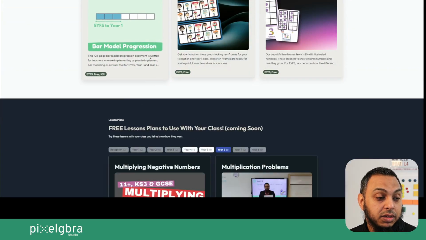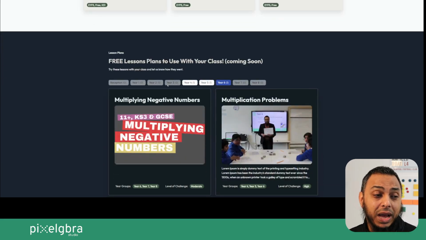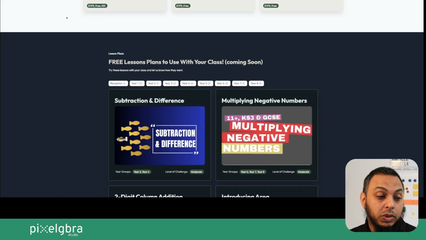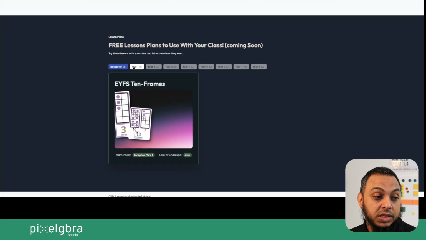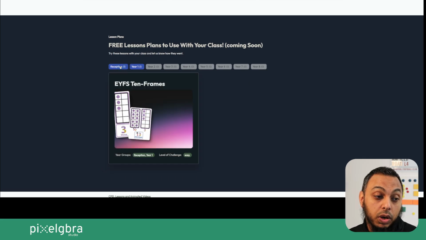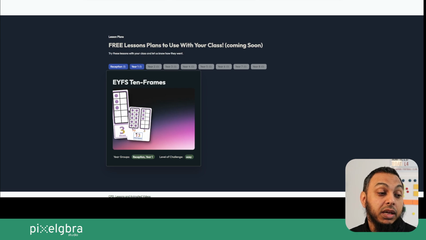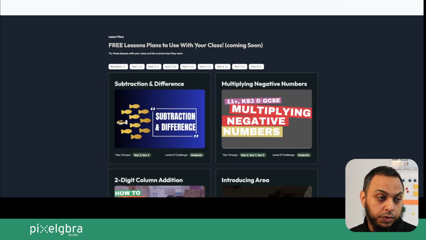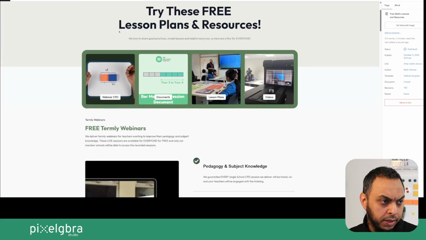So once that's done, now I've already added the filters here, so you can see that it's working, but we're going to show you how to add the filters for this query loop. So you can see that it works perfectly. Reception, year 1, it's got 2 videos, reception and year 1. Right here, you can see year groups, there's only 1 video, and so forth, right? So let's have a look. Now we've got our